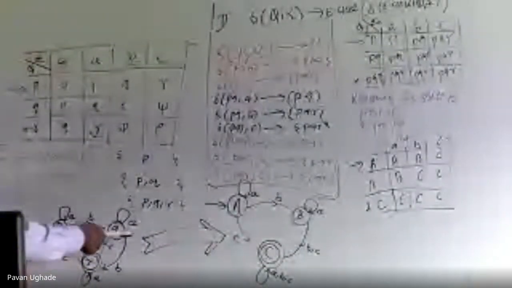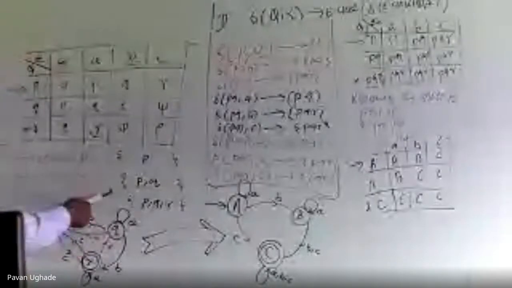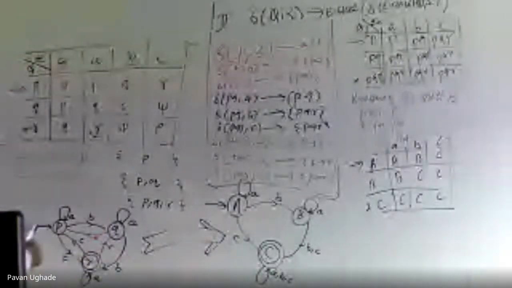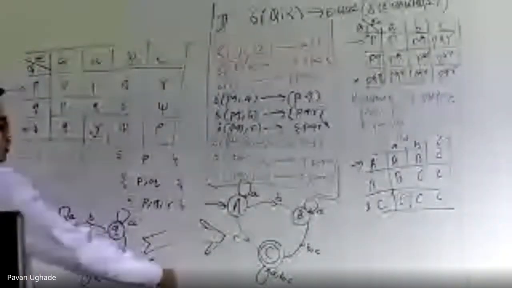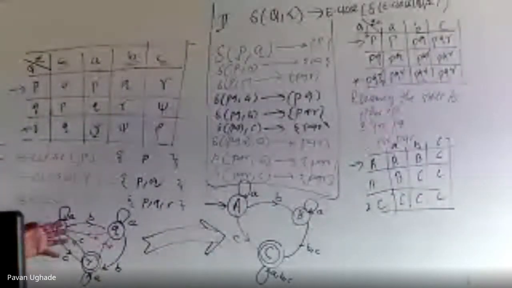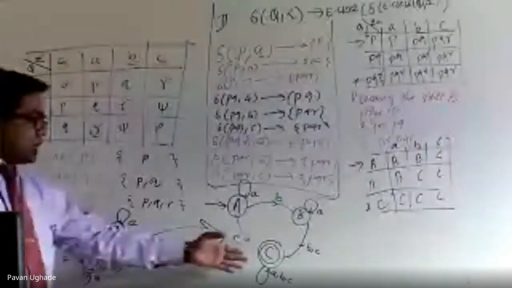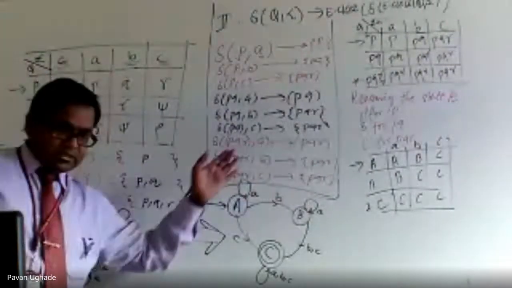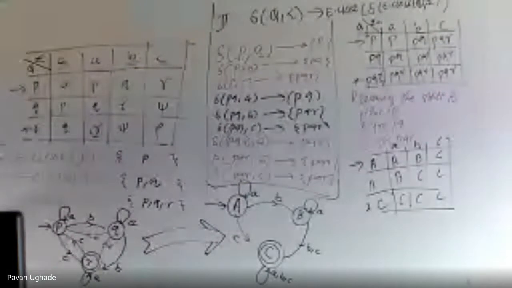So as I said, check what all strings are being accepted by this epsilon NFA, whether those are accepted here as well, and the strings which are getting rejected, whether they are getting rejected or not. Okay, so you can consider any of the strings and check whether they are being accepted, and the same for the rejection also you can check.